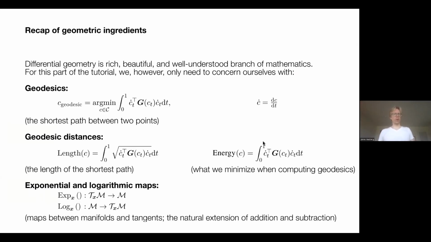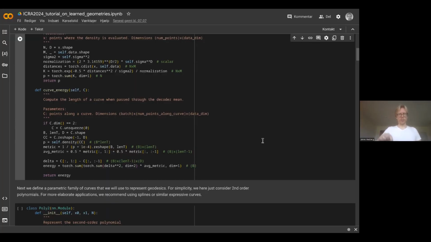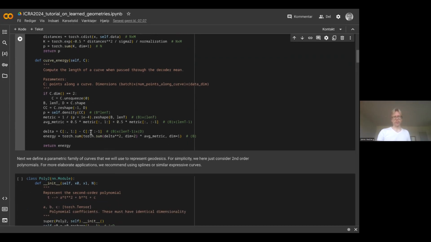And so given a curve, which in this particular case is just a discrete set of points, we can do finite differencing to estimate the velocities. So all we do here is that we evaluate the density, we invert it, and use that to define a metric. And then I use finite differences to compute the curve velocities and use that to define the energy. So now you can imagine that you can differentiate through this energy expression, and thereby you can arrive at